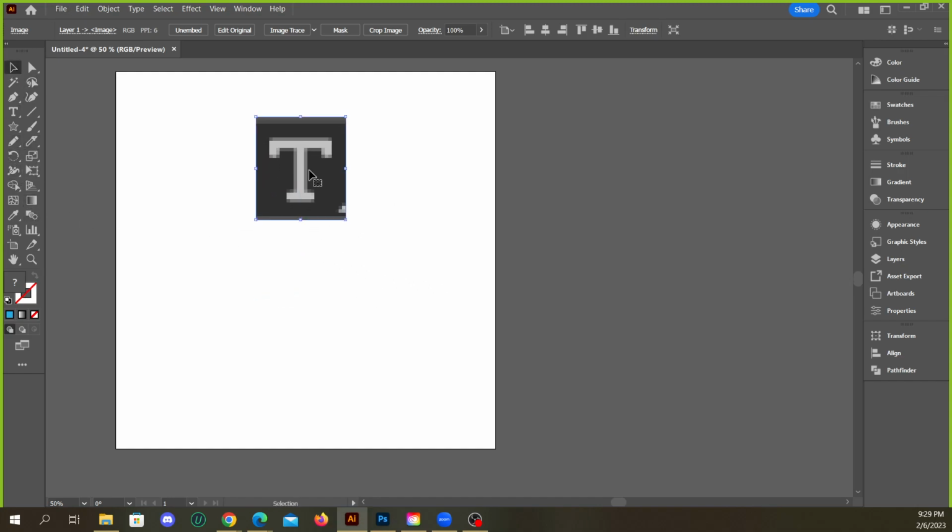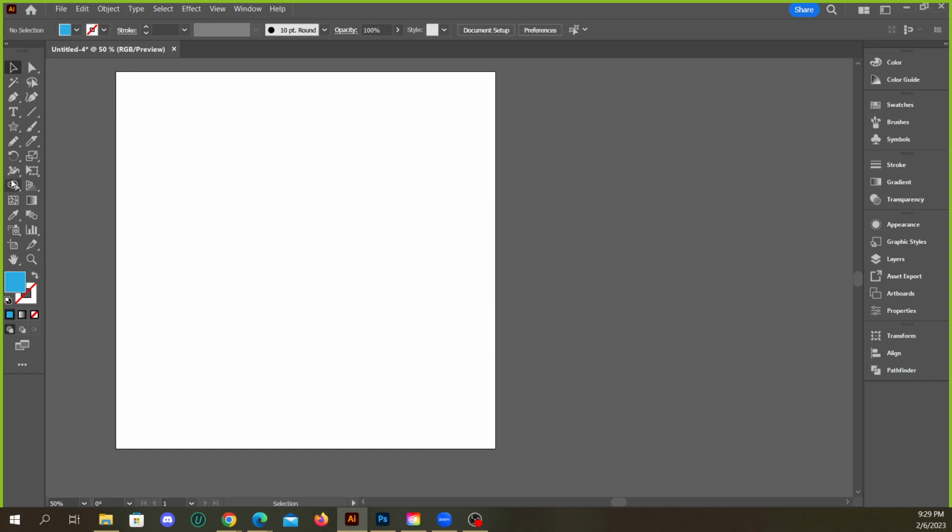Another tool here is the rotate tool. The rotate tool is really cool. You'll use this a lot if you're trying to come up with cool creative graphics. So why is the rotate tool useful? Because